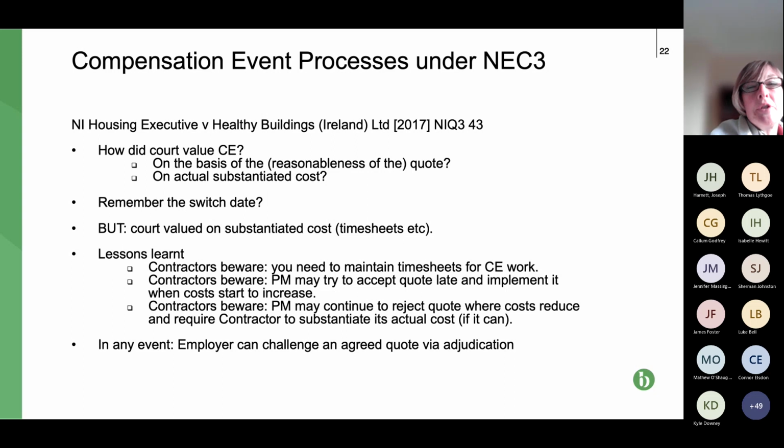Because the way they would have to do it would be to look at a quote and say, well, that quote was provided 3 weeks after the instruction to provide a quote was given. And they would have to look at it from the perspective of, at that time, how reasonable was it? Was the contractor reasonable in including that risk? Yes or no, or should it have been slightly less?